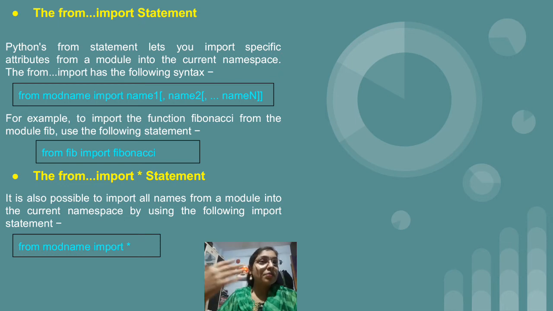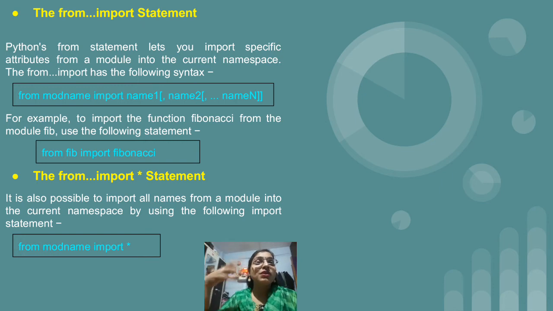Or just take the previous example, that is we have the support module, and in the support module we have the function print_func, right? So if you want to import a specific function from a specific module, then you can use the from import statement. If we want to apply the from import statement to our previous example, then we can write from, what was the name of our file? Support. So from support import print_func. That is again valid.